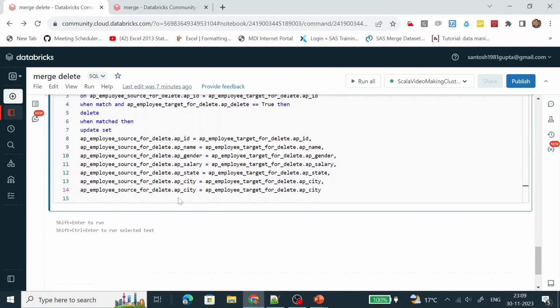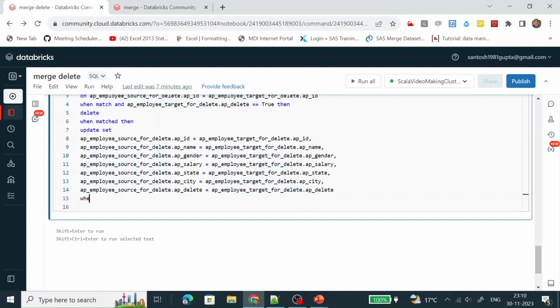What is the column? AP delete. So here, when this APID is matched in both the tables, then take all the values from the target table and update to source table.